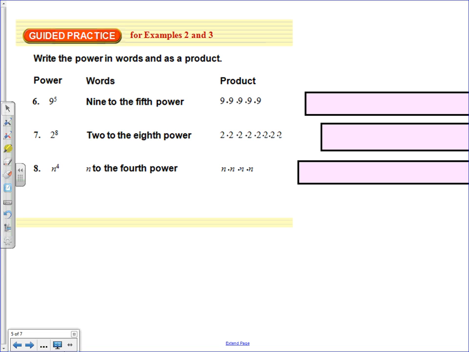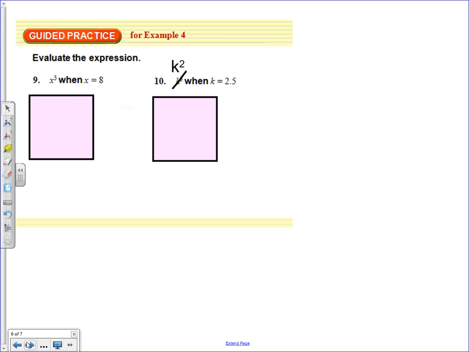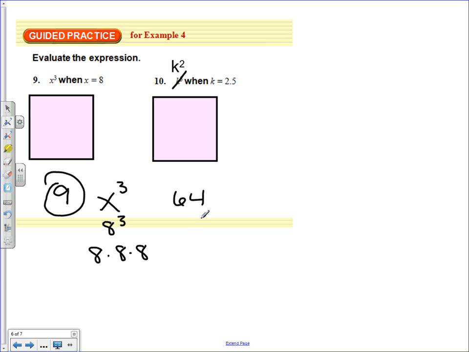Moving on, we'll go to guided practice for example 4. It says evaluate the expression. The expression we've been given for problem number 9 is x cubed. The value of x is 8, so we have 8 cubed. So we have 8 times 8 times 8. I think most of us know 8 times 8 is 64. If we multiply times 8 again, 32, carry our 3. 6 times 8 is 48. With 3 more would be 51. Our answer would be